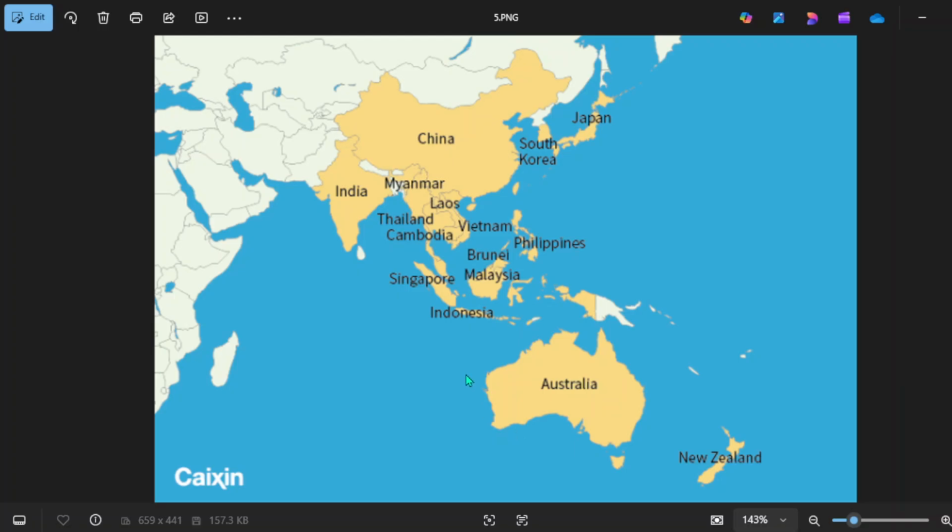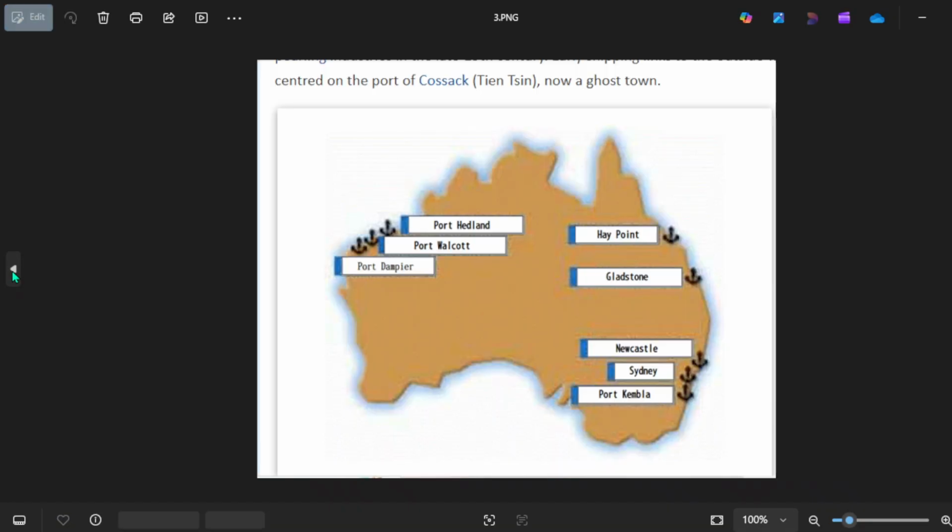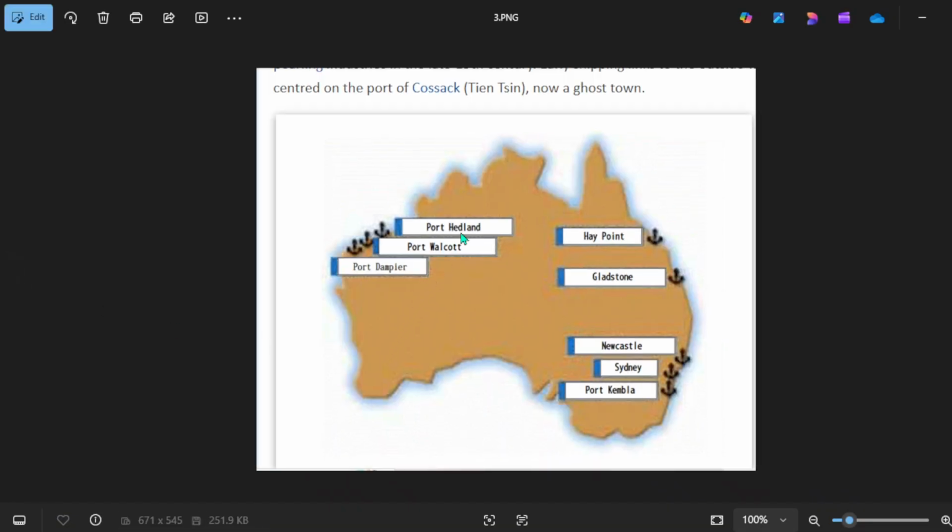Okay, and the next would be this is Port Hedland. We have here Port Walcott. This is Port Dampier. We have here Hay Point, Gladstone, Newcastle, Sydney, and Port Kembla.